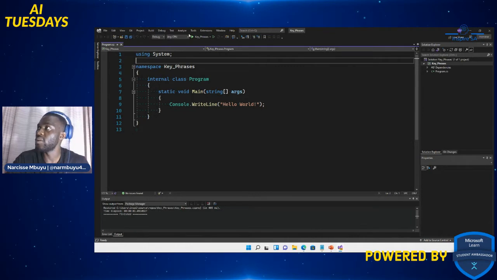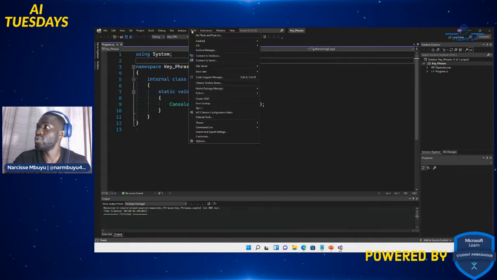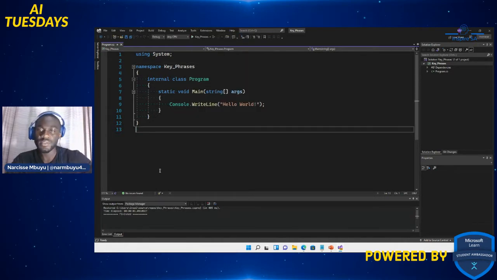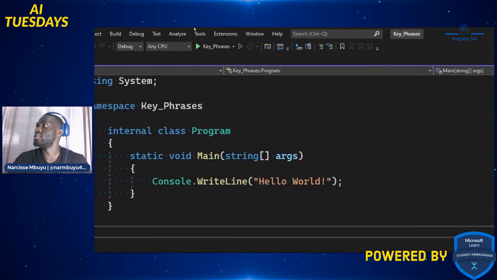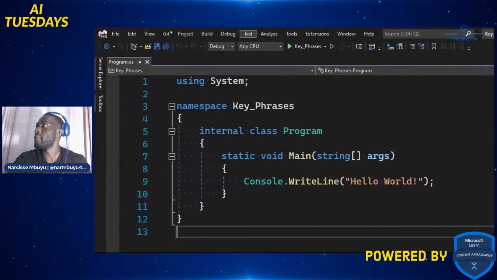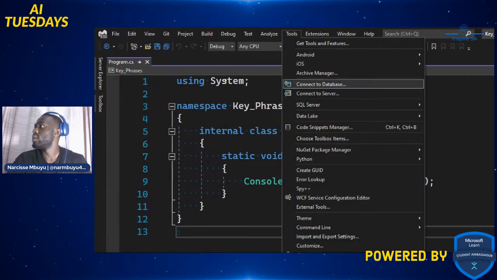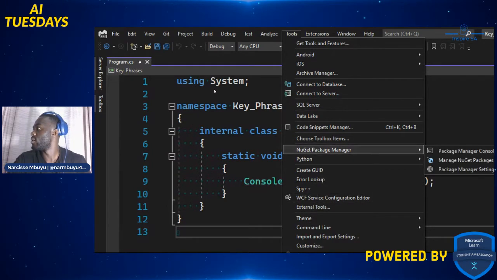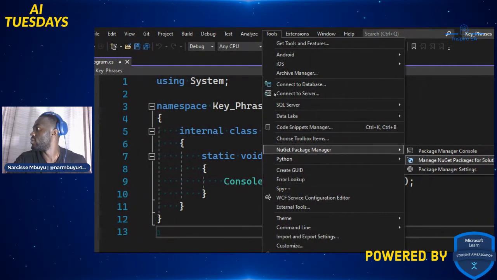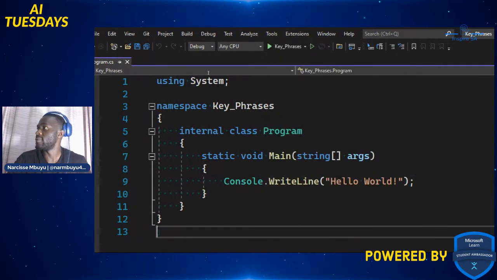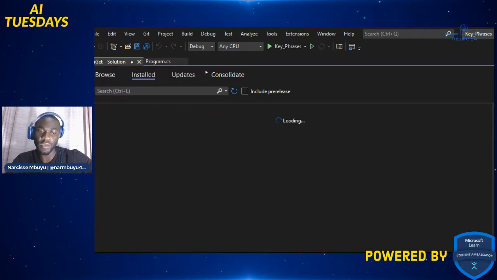So the first thing we're gonna do, we're gonna go to NuGet package, right? We're gonna go to tools, and then NuGet package manager, and then NuGet package for solution, right? So that's how you go to NuGet package.